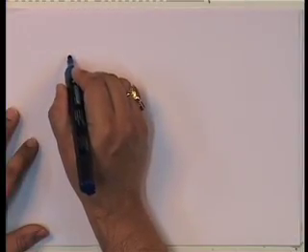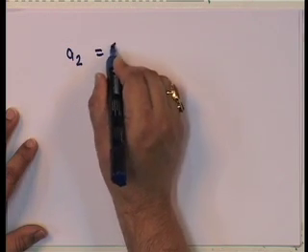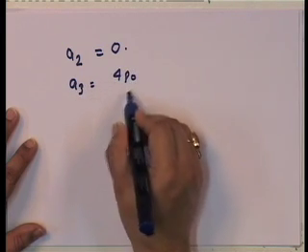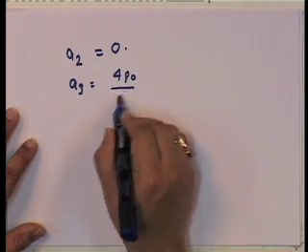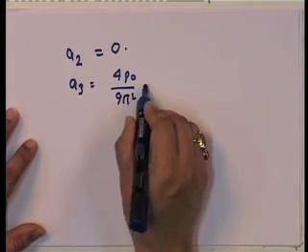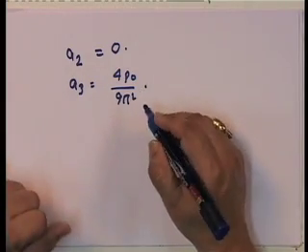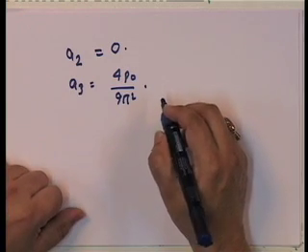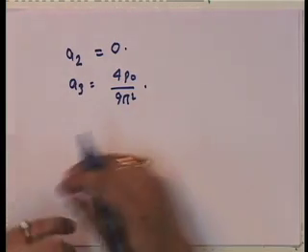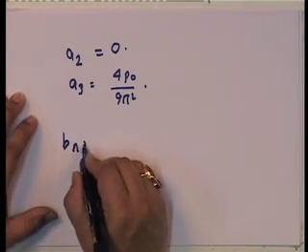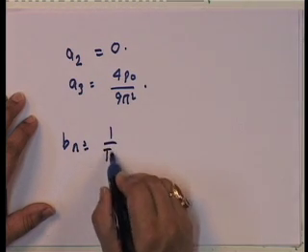In exactly the same way, we can show that A 2 is going to be equal to 0, A 3 is going to be 4 P naught upon 9 pi squared. Okay. So, if I extrapolate from A 1, A 2, what I get is that, and note something very interesting, and that is that how do I get B n? B n are equal to 1 upon T 0